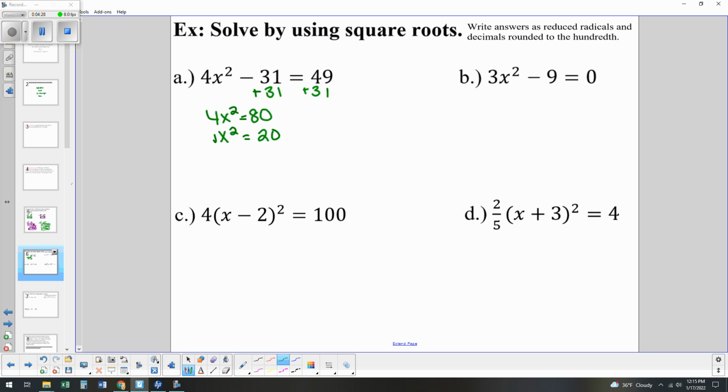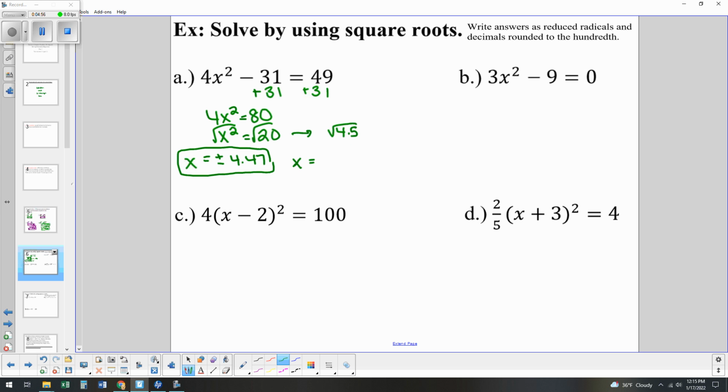So here I could take the square root of both sides. I couldn't do it at any point up until now. So that means if I got the decimal, it'd be 4.47. But I could also reduce this, right? 20, right? 1 and 10, 1 and 20, 2 and 10, neither are perfect squares, 3 doesn't go in, 4 and 5, and 4 is a perfect square. So if I looked at 20 as really 4 times 5,